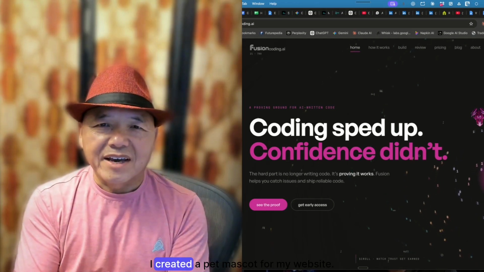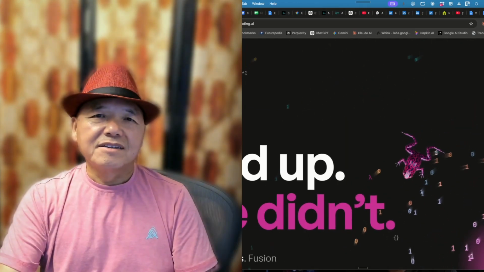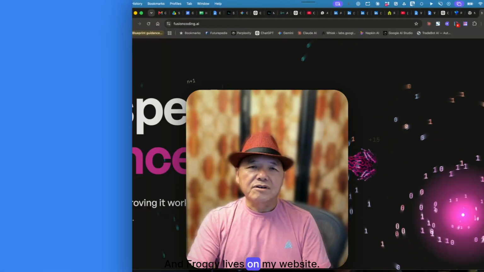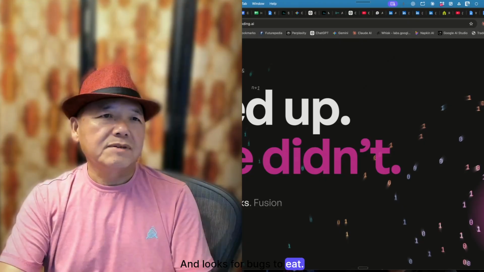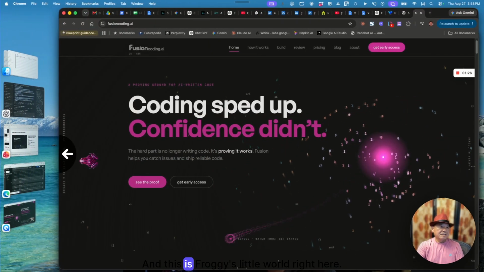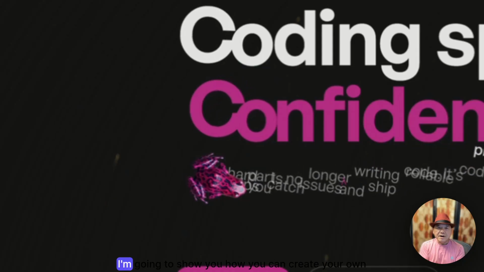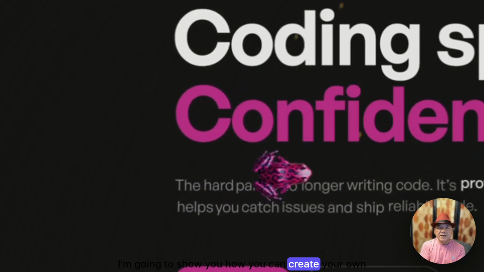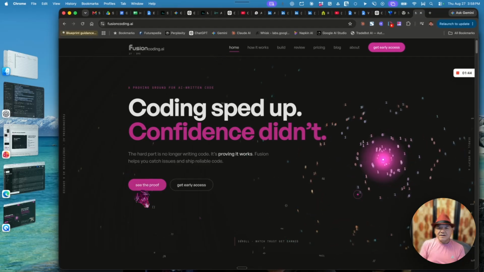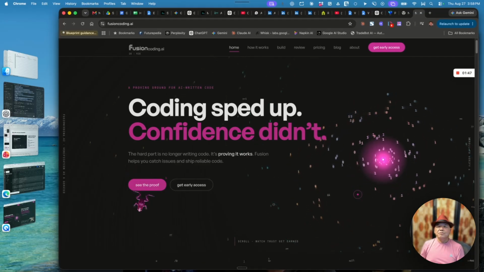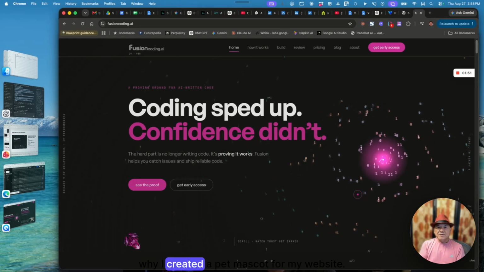Guess what? I created a pet mascot for my website. This is Froggy, and Froggy lives on my website. Froggy just looks for bugs to eat. And this is Froggy's little world right here. And in this video, I'm going to show you how you can create your own pet mascot for your own website. Let's dive in. In this video, I'll share with you what my thinking process is,